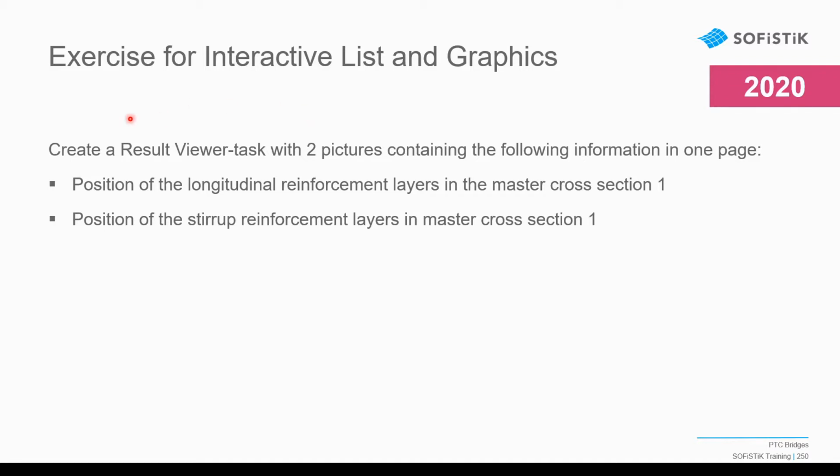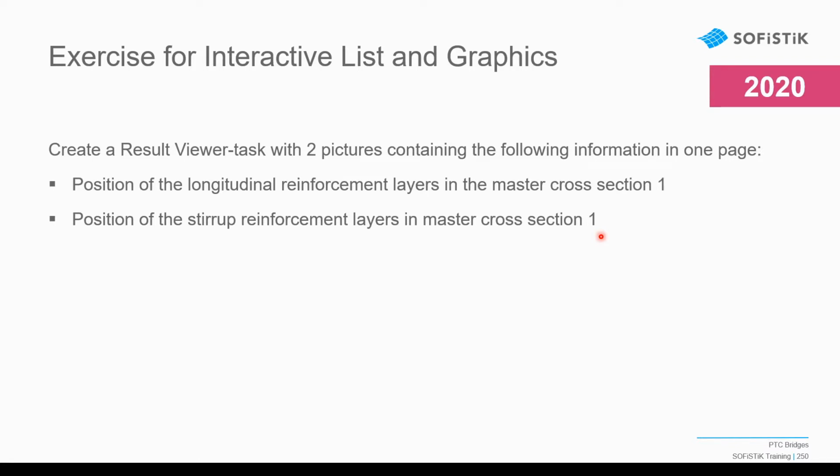So the task is to create a result viewer task with 2 pictures containing the following information in one page. The first picture should show the position of the longitudinal reinforcement layers in the master cross-section number 1. The second picture should show the position of the stirrup reinforcement layer in the master cross-section number 1. Okay, now let's go back to SSD and insert a new interactive list and graphic task and try to solve